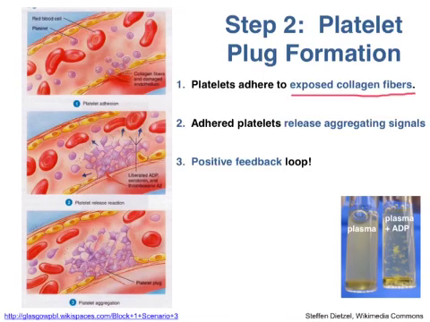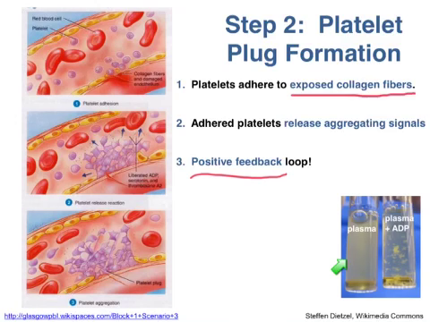So once platelets get activated and start adhering to the collagen fibers that have been exposed now, the platelets themselves start releasing aggregating signals. So what you end up with is a positive feedback loop where you have activated platelets triggering the activation of even more platelets. That's shown over here on the left. You see platelets adhering to the damaged collagen fibers, platelets getting activated, and some of the aggregating signals that they release are actually ADP, serotonin, thromboxane A2,